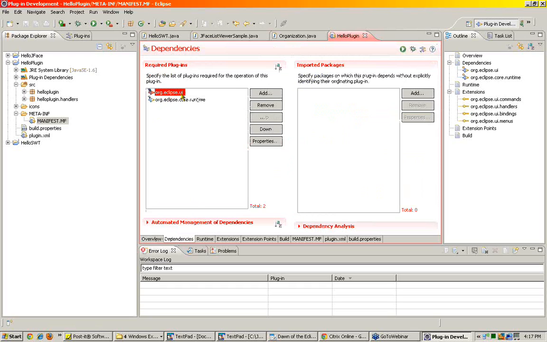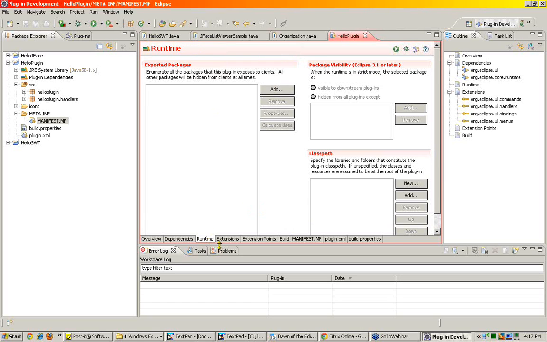What is currently being displayed is the plugin manifest editor, which in a very GUI fashion captures all the inputs that need to be populated into the metadata. The ID is hello plugin, as I've mentioned. This needs to be unique for every plugin